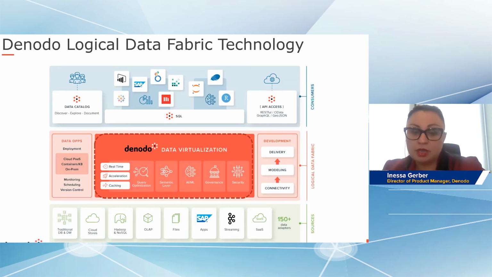So Denodo utilizes multiple performance enhancements. It utilizes query optimization, such as query pushdown, MPP processing, and query rewrite. It also utilizes AI and ML internally to facilitate easy access to the data itself. And all of that is done with a centralized security and governance layer. So instead of each consuming application connecting to your data lake, each consuming application is connecting to the data virtualization layer, and data virtualization is connecting to your data lakes.